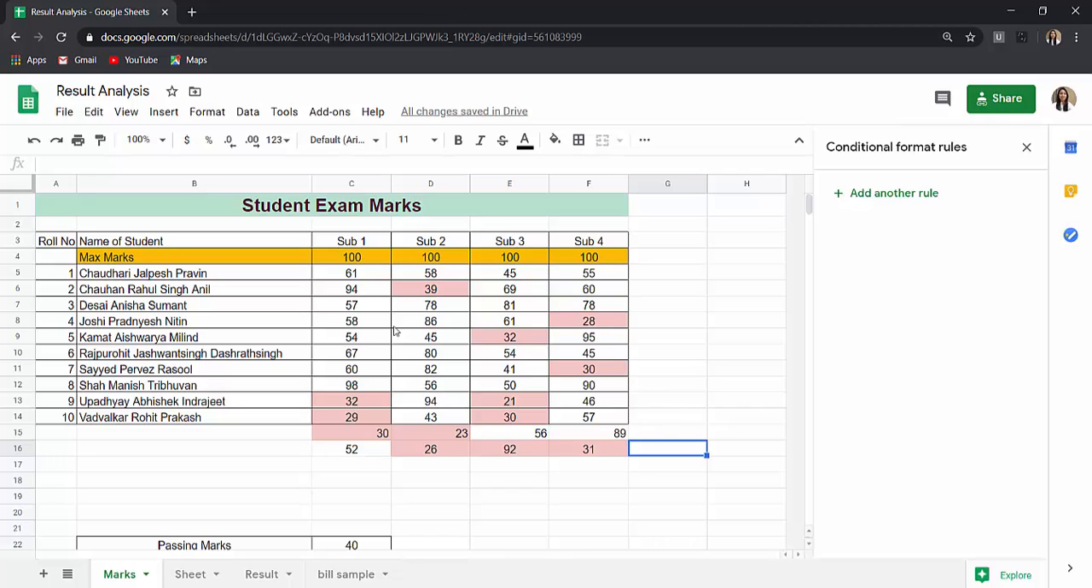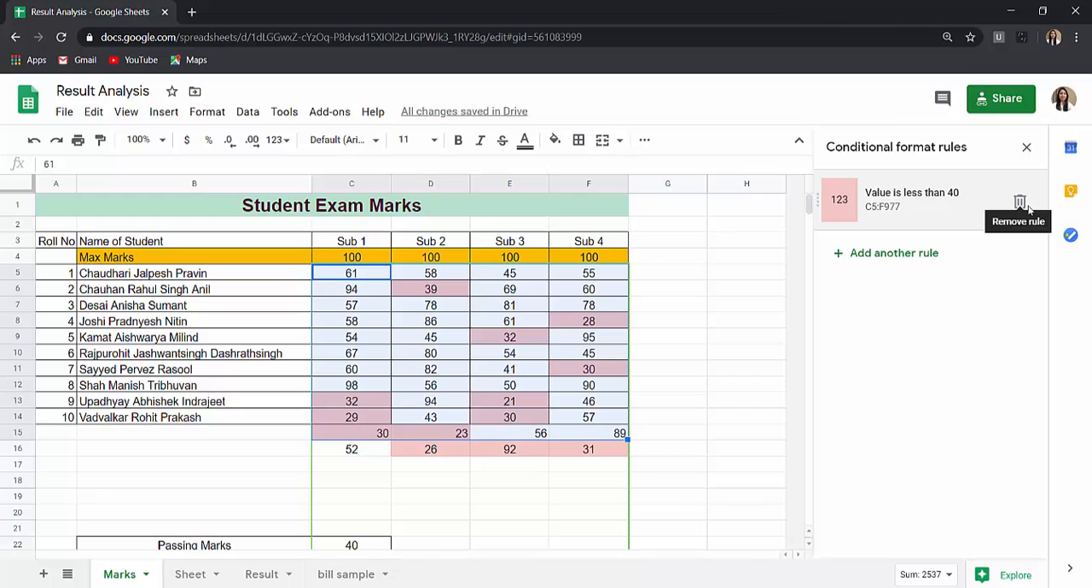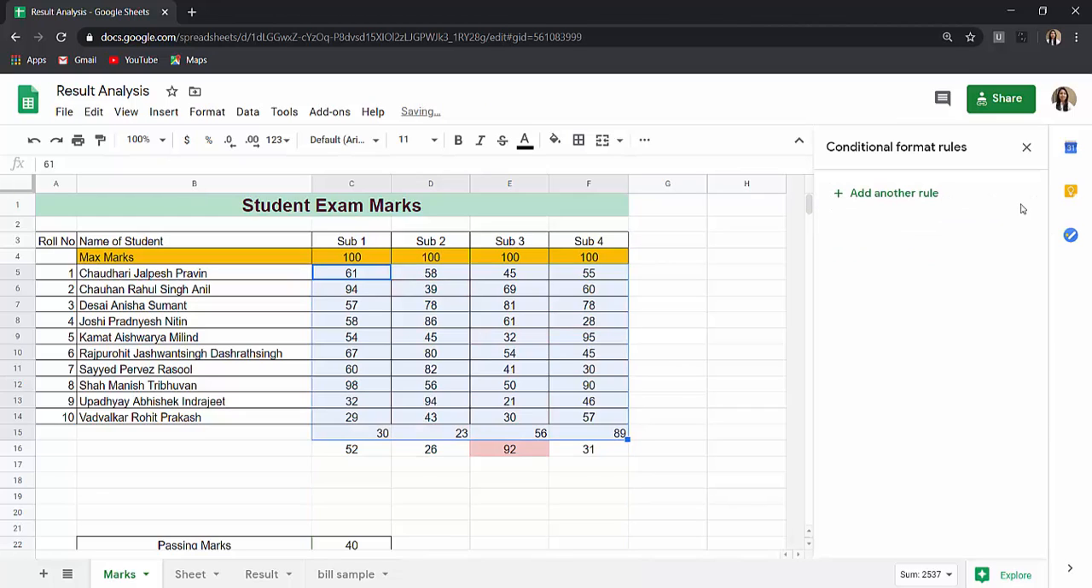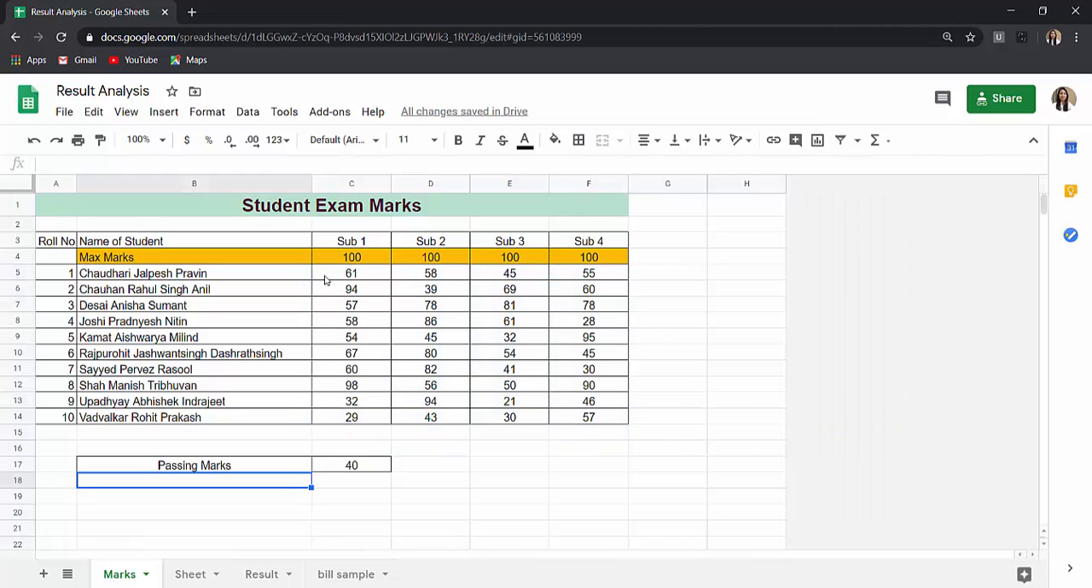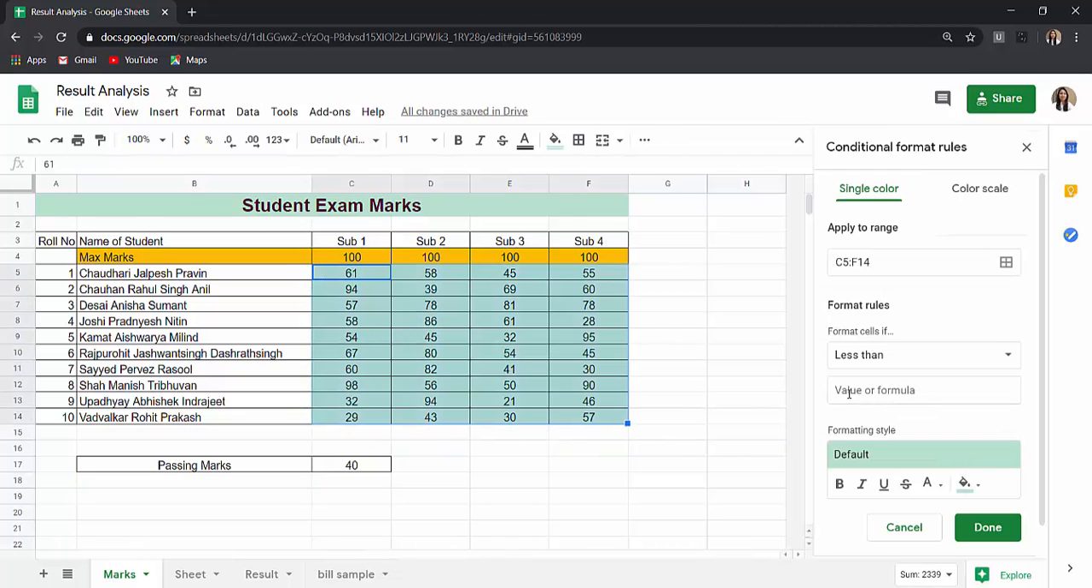If you want to remove the rules, just select and here you can see the remove rule option. Click on it, so the applied rules will be removed. Next, if you don't want to give a value and you want to give a cell value, then that is also possible. I want to highlight all the students who got less than 40 marks and that cell value is in the cell